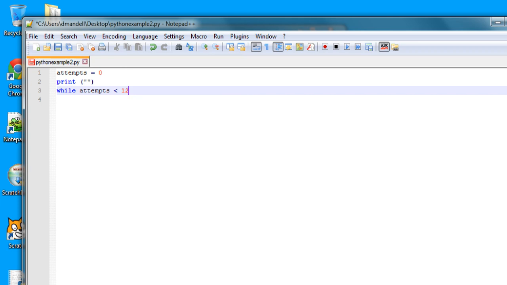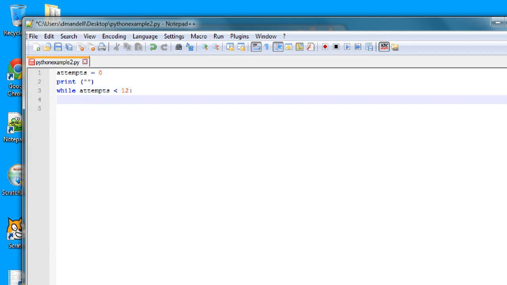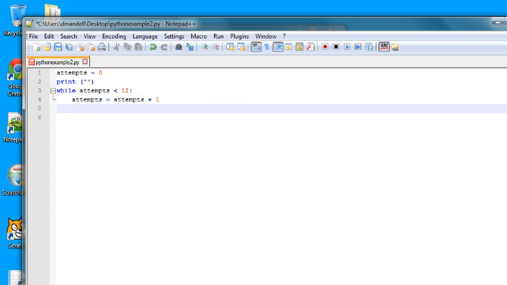So you're saying, so long as attempts are less than 12, then you should do this thing, which is print leave. Oh, let's also say attempts equals attempts plus 1, and then print leave,